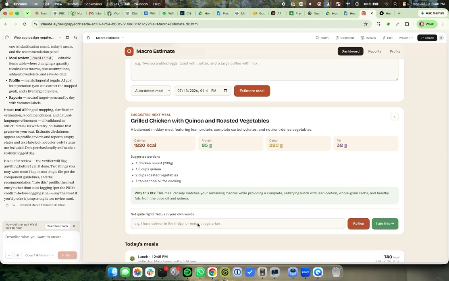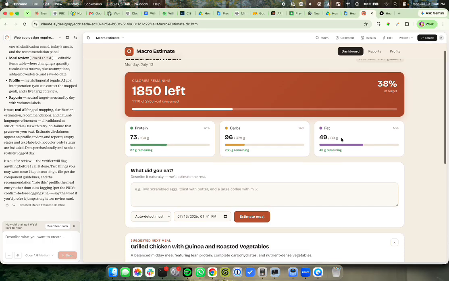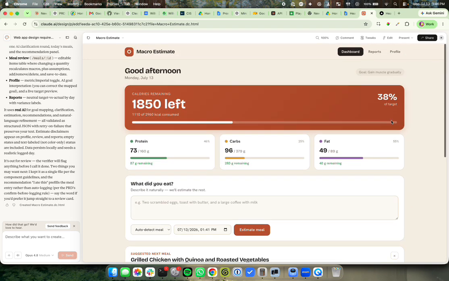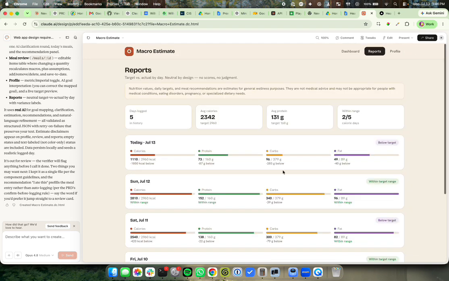Love it. And you have the "not quite right" option, and I can refine. Oh, and that's cool. I didn't even tell it to do this, the iterate button. That's nice. Okay, great. Now on reports, I can see how I did. This is what I was expecting. Love it. It's not quite what I was expecting, but I actually think this is better than what was in